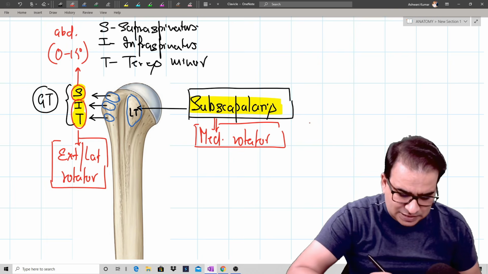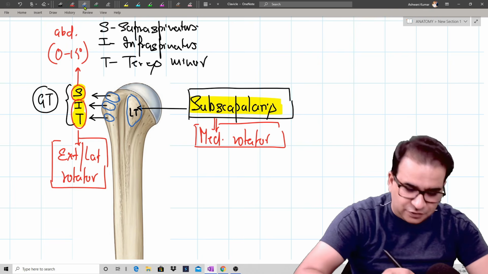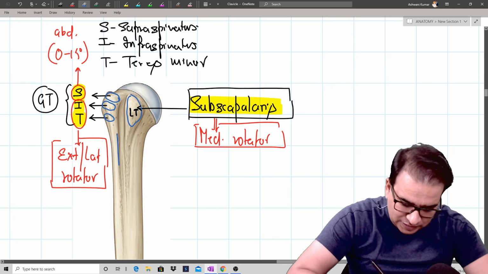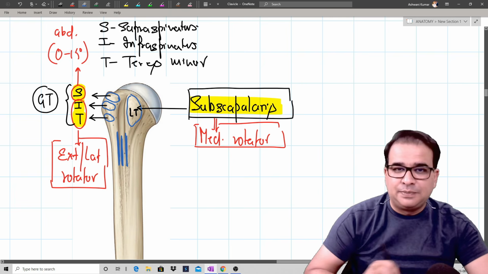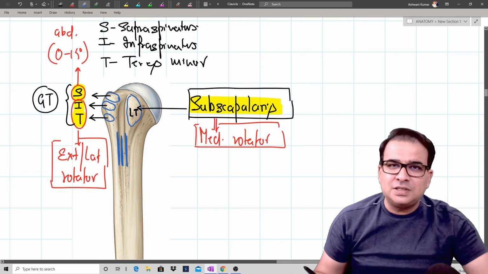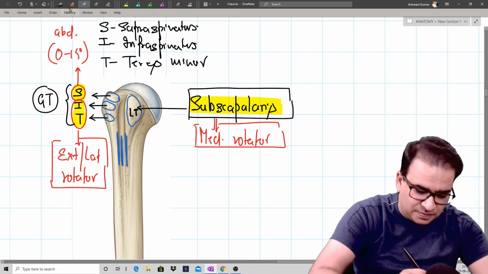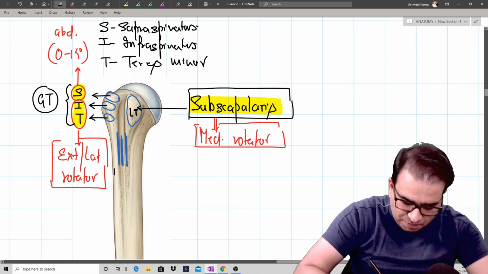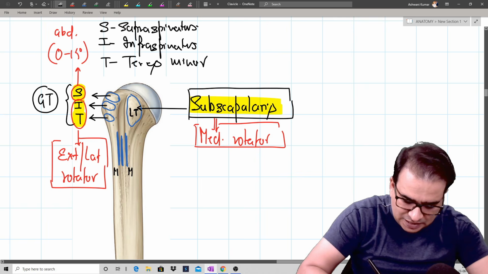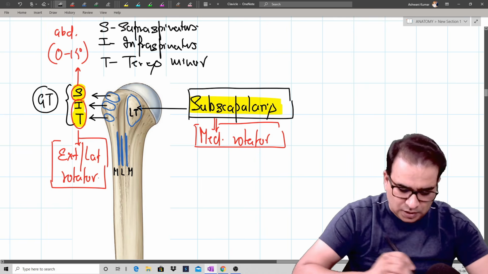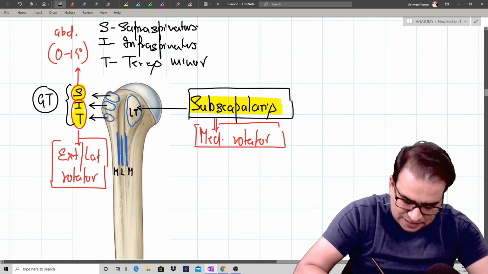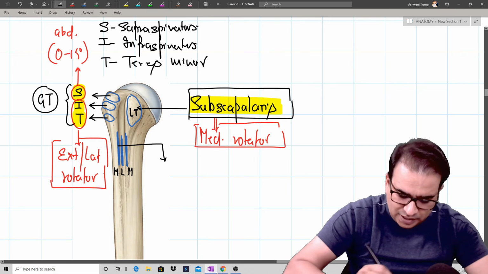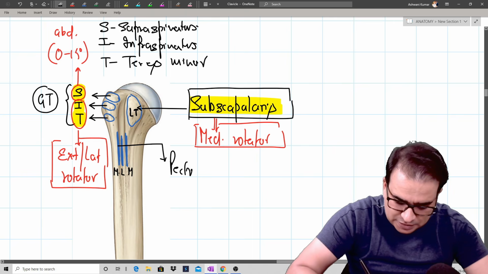But guys, look at this. In the floor of this bicipital groove, we have three muscles which are present here: one on the lateral lip of the bicipital groove, one in the floor of the bicipital groove, and one on the medial lip of the bicipital groove. A very famous mnemonic for this, we call it a lady between two majors. Lady between two majors. So we have a major on the lateral side, we have a major on the medial side, and the lady is between. So what is this M here? On the lateral side, I'm sorry, that is the pectoralis major.